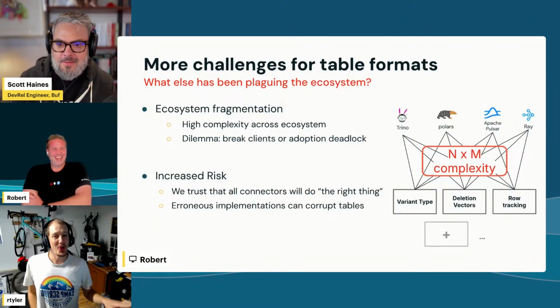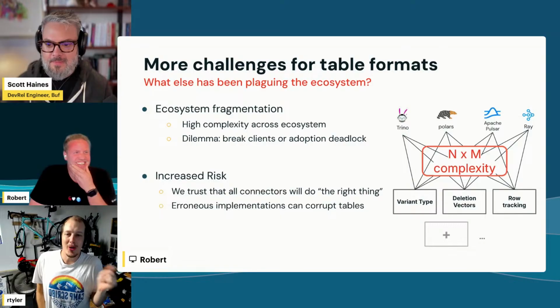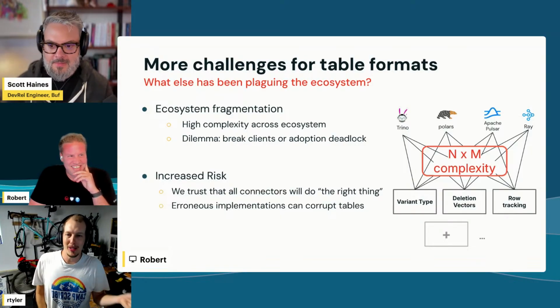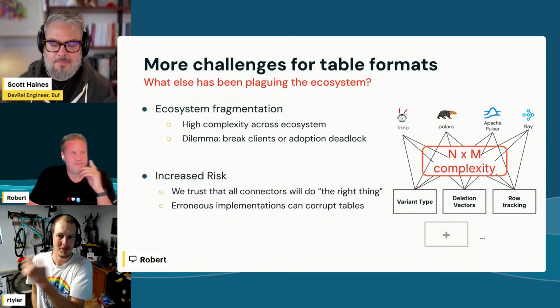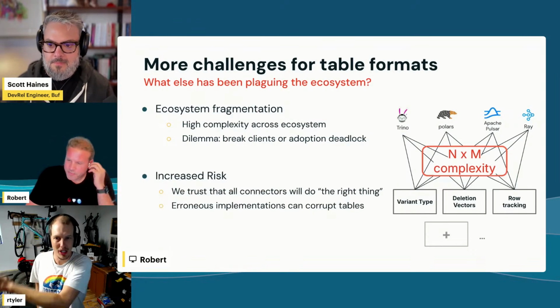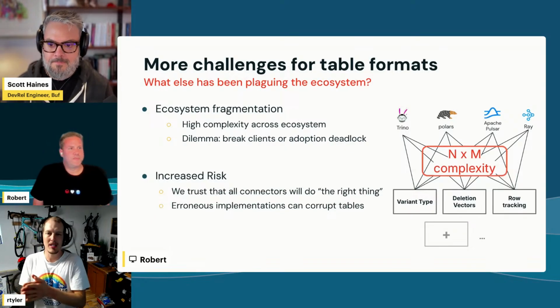your assessment is correct. I think there's one thing that should be said. Part of the reason why open table formats were built the way that they're built is because their goal was to solve some business problem. Like Delta was created to solve very specific problems. Iceberg was created to solve very specific problems. Only it's sort of